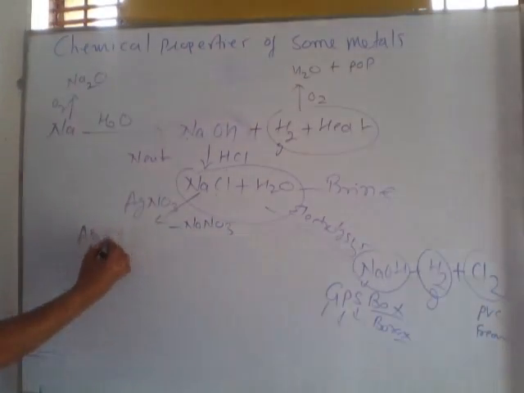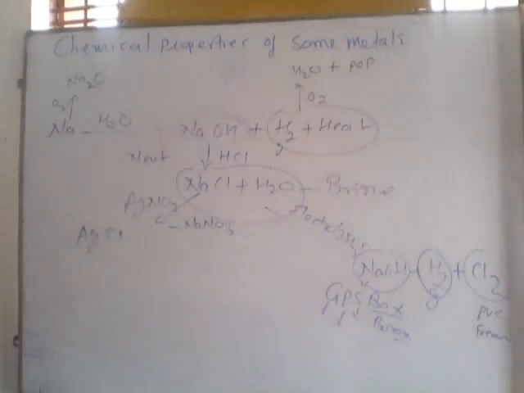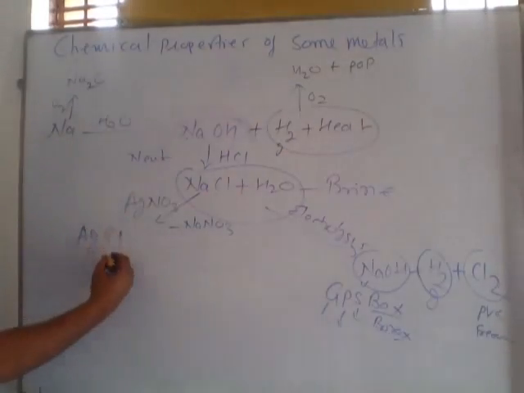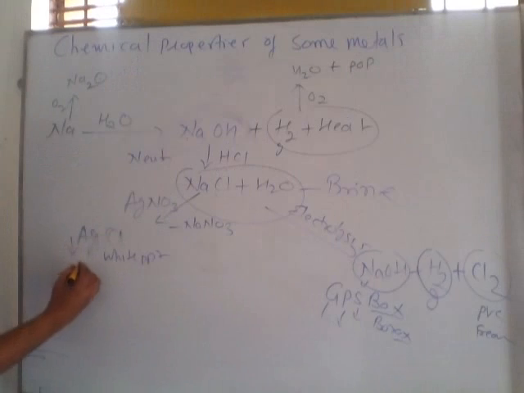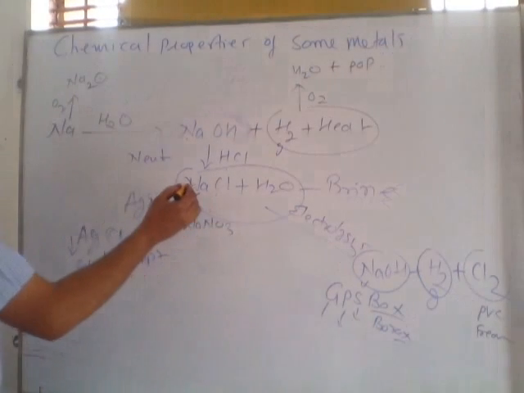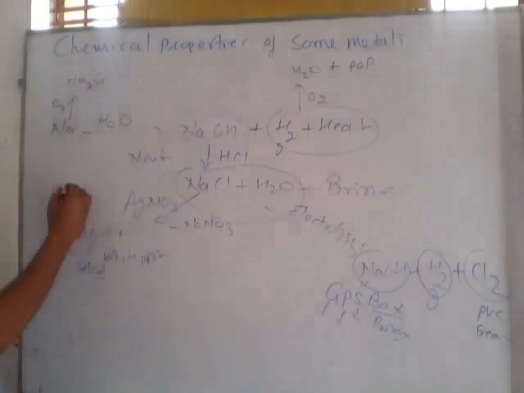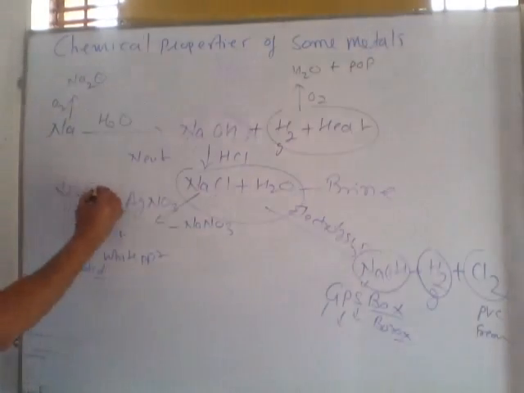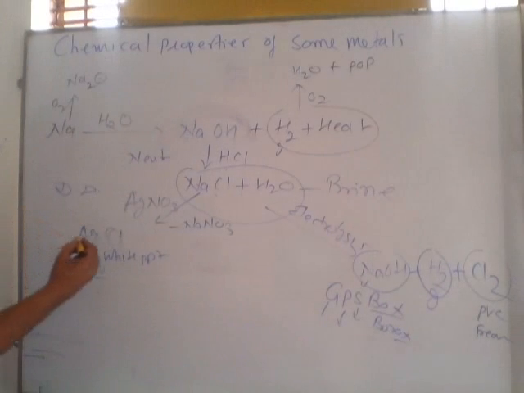Focus on this compound AgCl. AgCl is a white colored compound. So this is a white PPT, precipitate, which means it is formed as a solid and settles down. In this reaction sodium is replaced by silver. So this is called a double displacement reaction, DD, which means sodium is replaced by silver and silver is replaced by sodium. This is double.